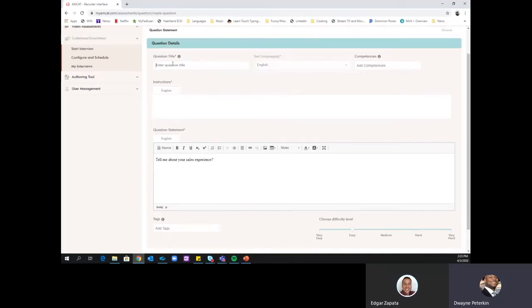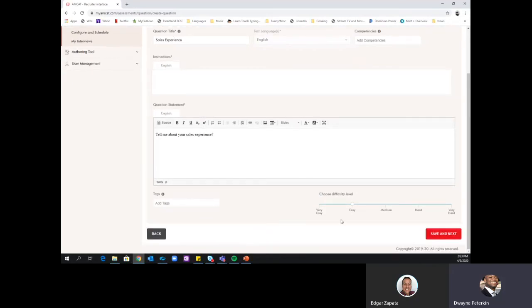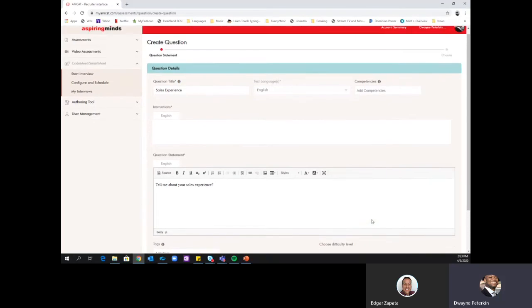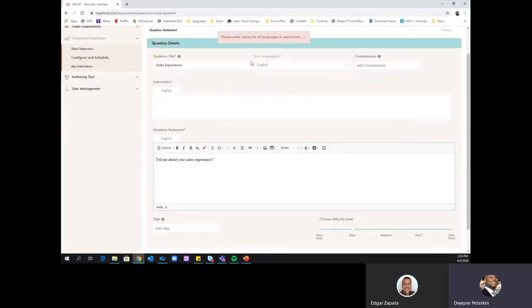And also make sure you leave any instructions or title it sales experience. And you can add any tags if necessary, as well as the difficulty of the question. And you would select save and next, and it'll let you know if there's any parameters that you have missed. So I didn't fill anything in for instructions, so it'll prompt me to go back up. And so for the sake of the demo,